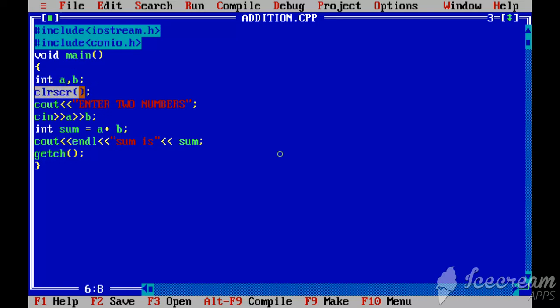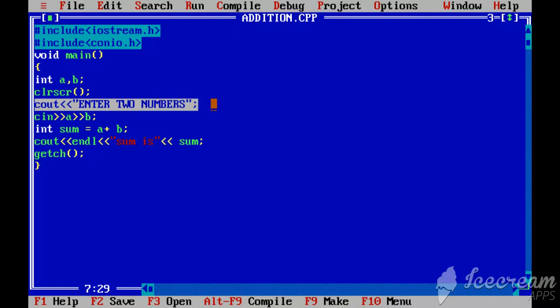clrscr is used to clear the screen so that you can watch your output without any kind of interruption. cout: the cout, or C++ out, statement is an instance of the ostream class.